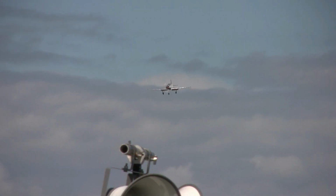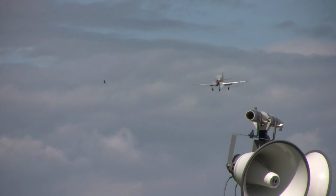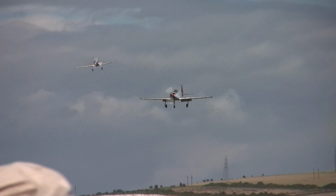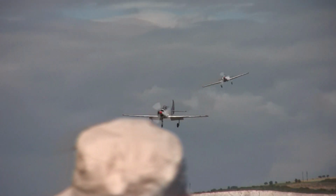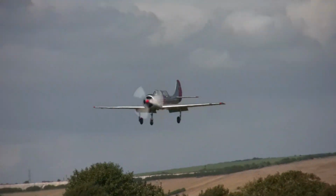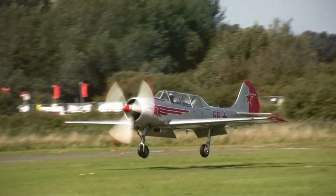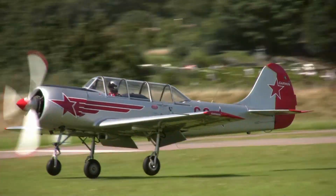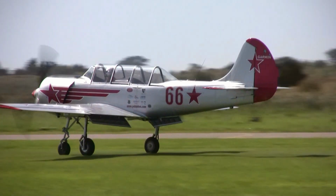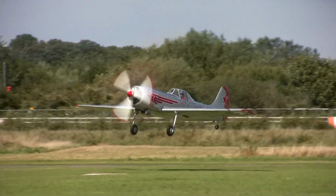Here come a number of the Yaks. These are based down in Somerset. Jez Hopkinson leads the Yak team, and you'll be seeing them later. Jez, a former Red Arrow, is usually flying the lead aeroplane, that is the Yak 52, the tricycle undercarriage aeroplane. The others are